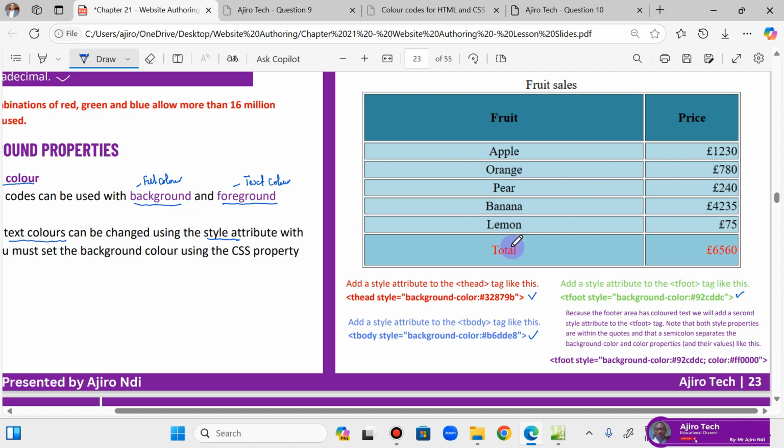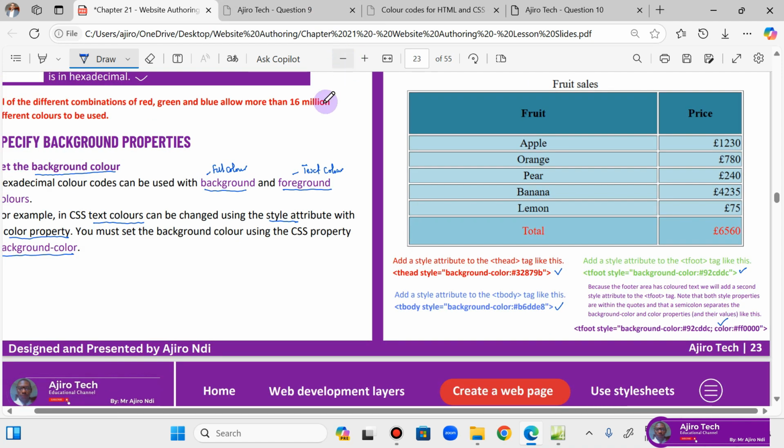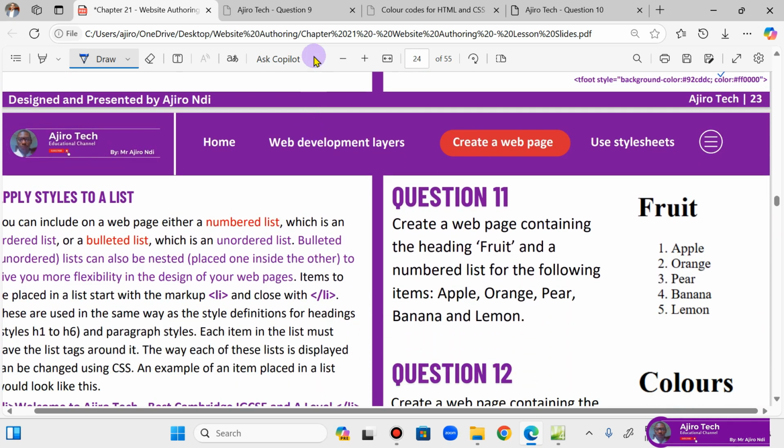Note that the style properties are within the code so that a semicolon separates the background color and the color properties. So this is what we did. So here we have the colors. Now in this case, we did this before in the slide, but you can actually do it after, and this would also work as well. So this is very important. Hope you're learning. Okay, so the next one is